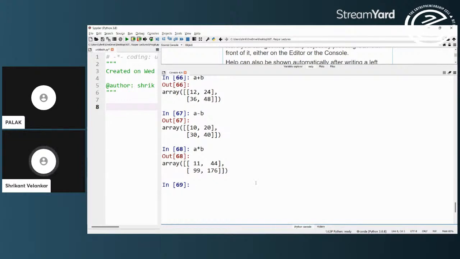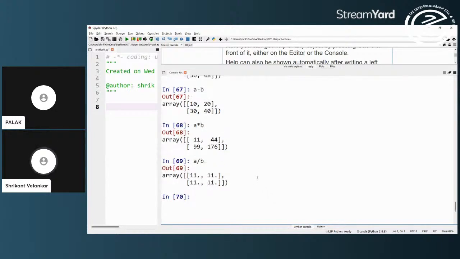So 1 into 11 is 11, 2 into 22 is 44, etc. And A divided by B will obviously here be all 11. So it will generate element by element multiplication, division, addition, subtraction, which can be carried out.